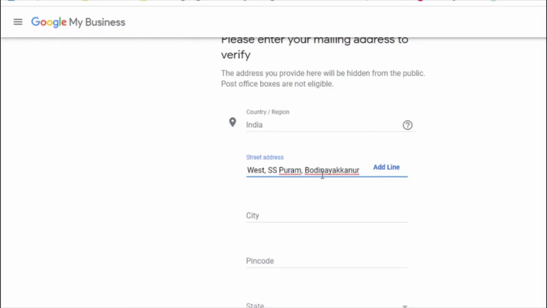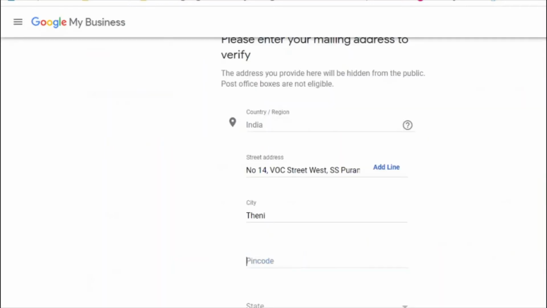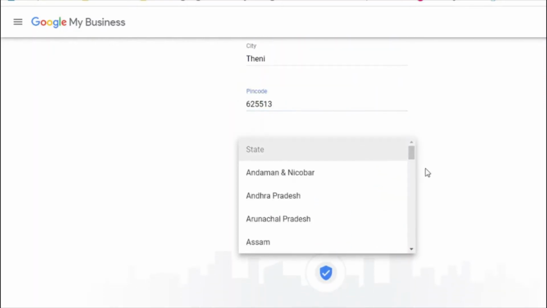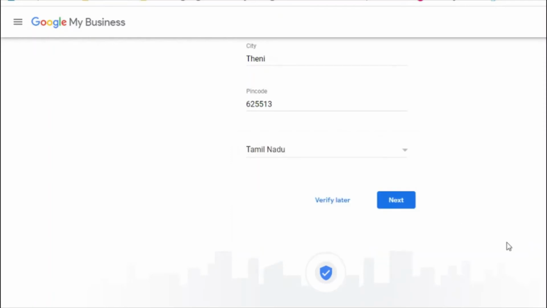The city is Theni. The pin code, I think, is 625513. I will verify. So I have added this postal code to my location, and the state is Tamil Nadu. Now I am going to click on next.